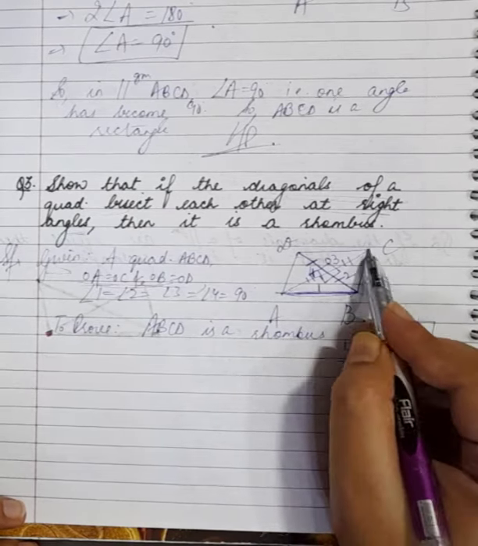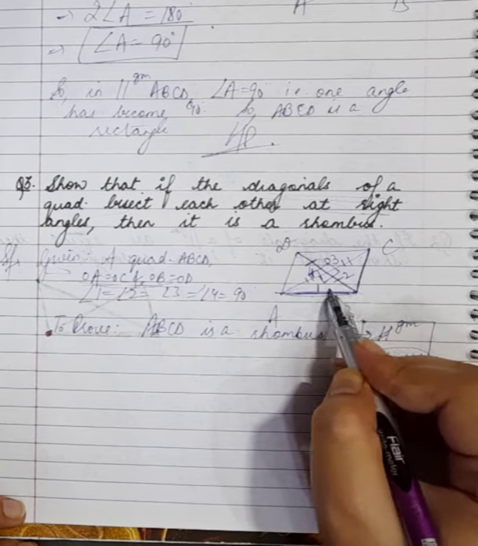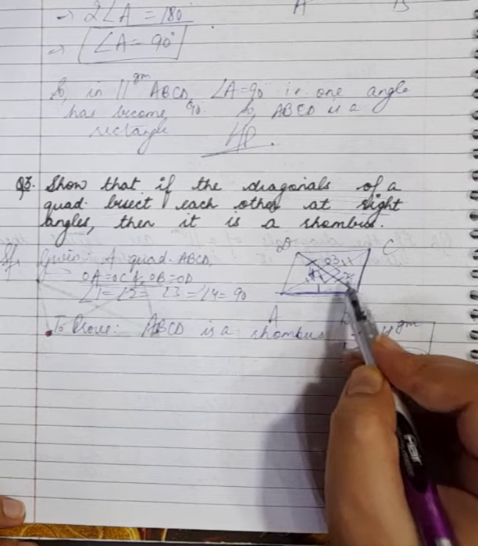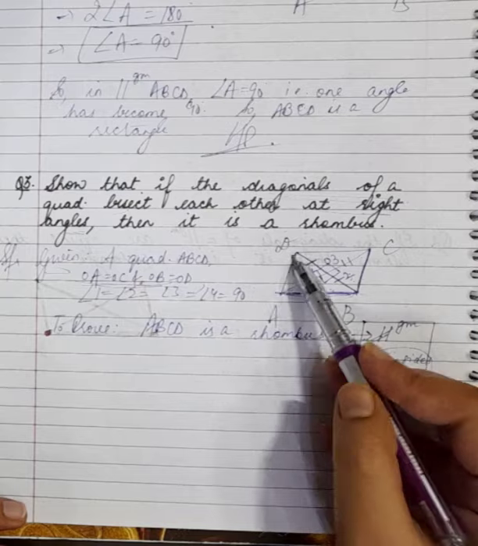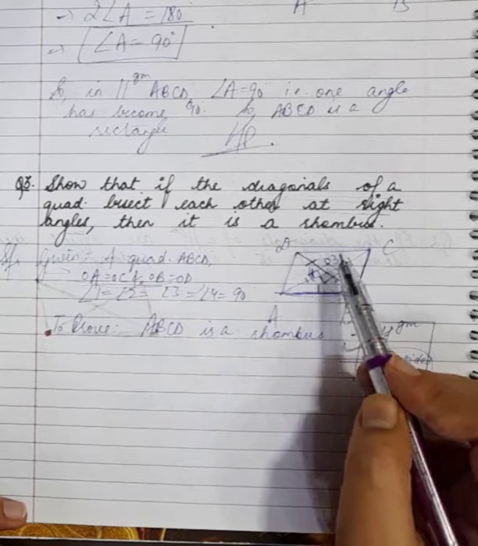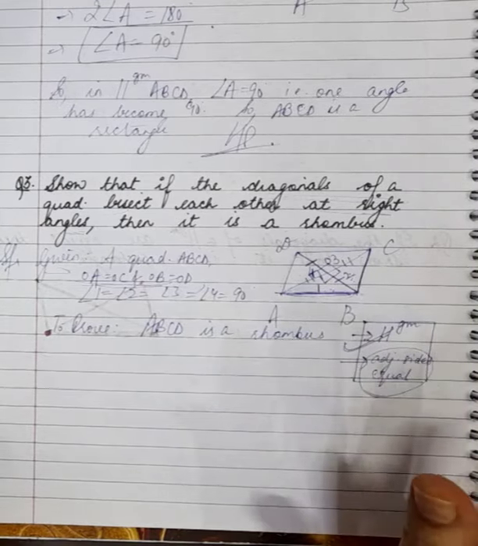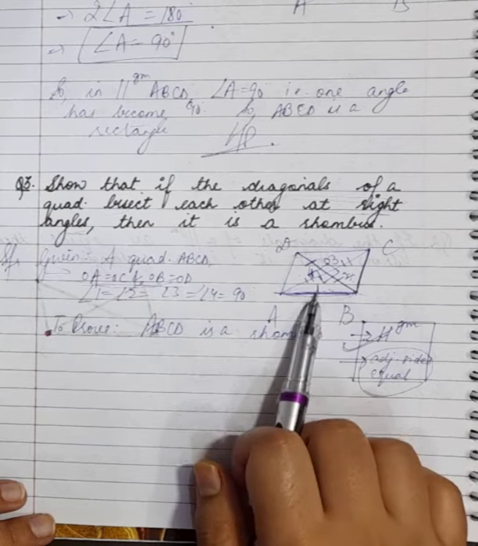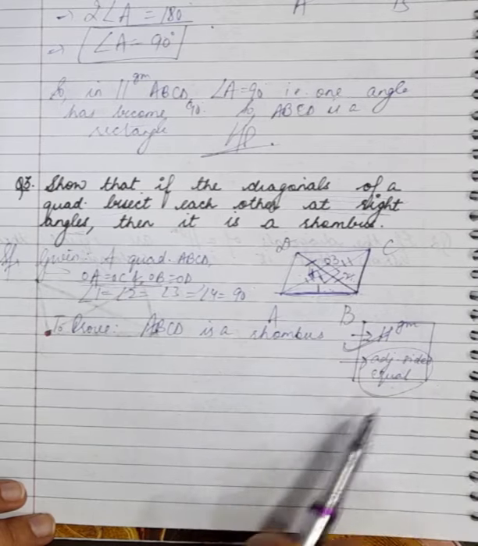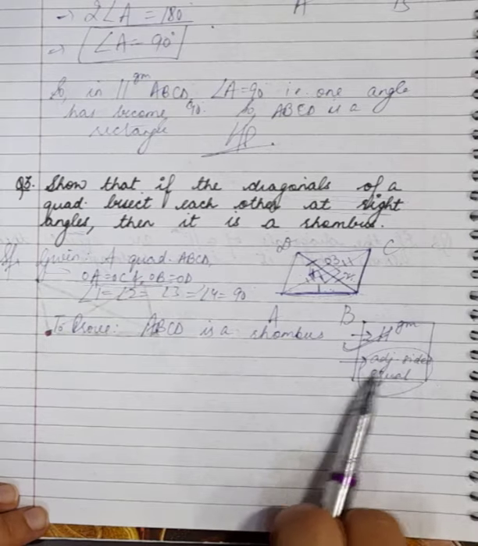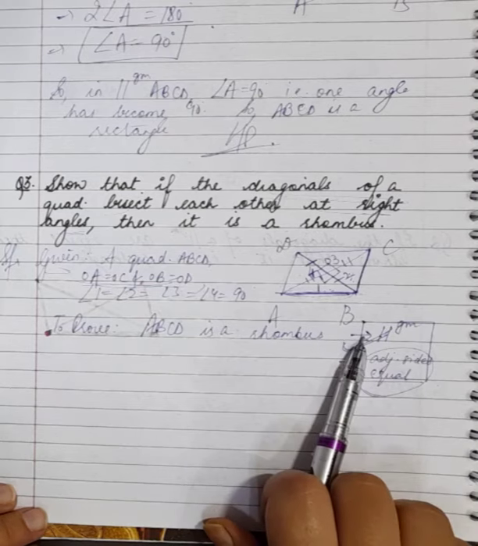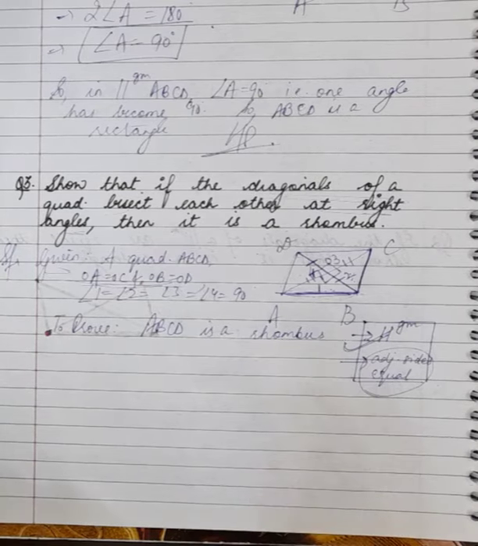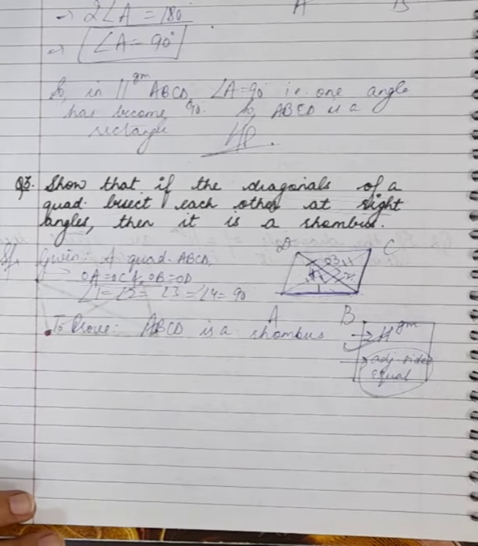These are adjacent sides. So you will make adjacent triangles congruent. You will take the adjacent triangles and make them congruent. Suppose if you had to prove AD is equal to DC, you could have taken these two triangles. So take any two adjacent triangles. I am taking these two triangles. I'll make them congruent. By CPCT, I can say AB is equal to BC. So this is how I'll prove adjacent sides as equal. Sorry, not congruent, equal. So in this parallelogram, adjacent sides have become equal. So definitely it is a rhombus. So this way we will be doing this.